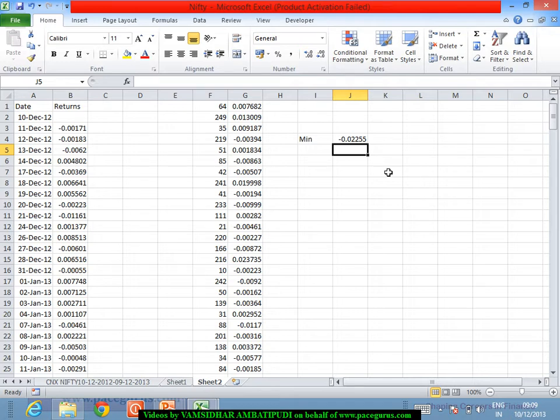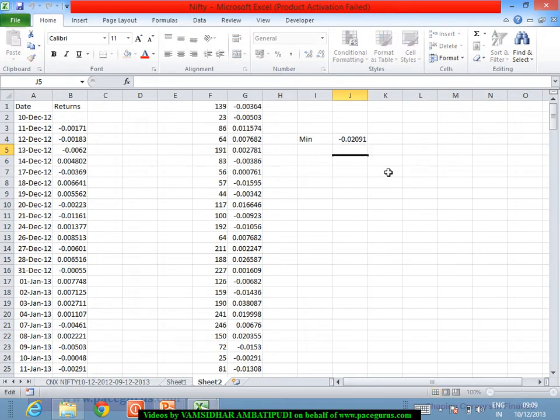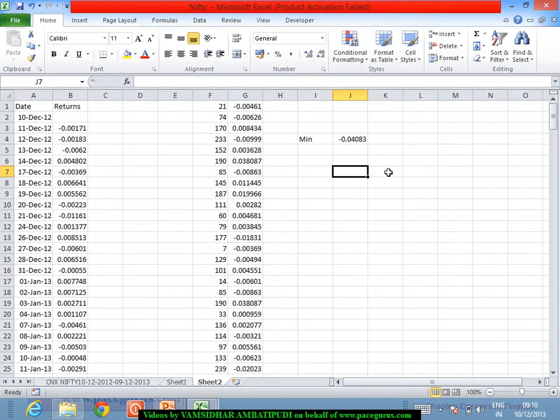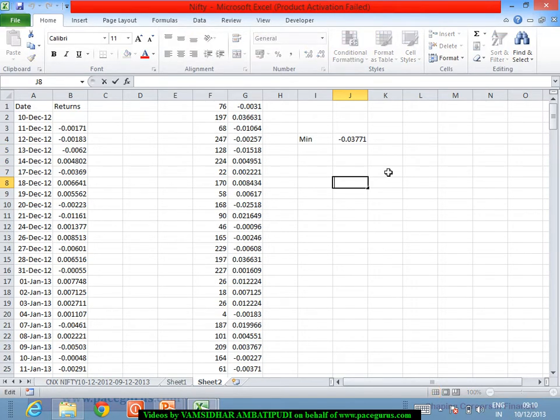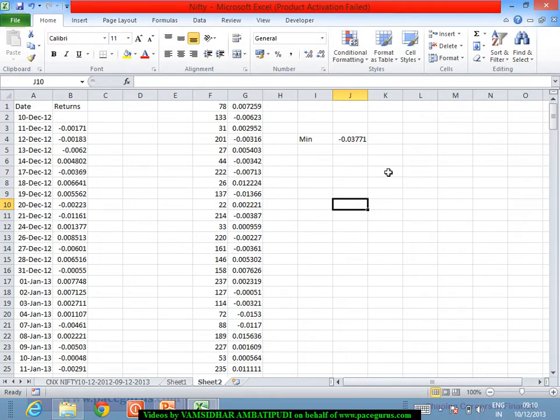The minimum value is what I am trying to compute, and in different instances I am getting different values: 2.09, 4.08, 3.77, 3.45, again 3.77, 2.85. So from this list I am getting a different set of minimum values.